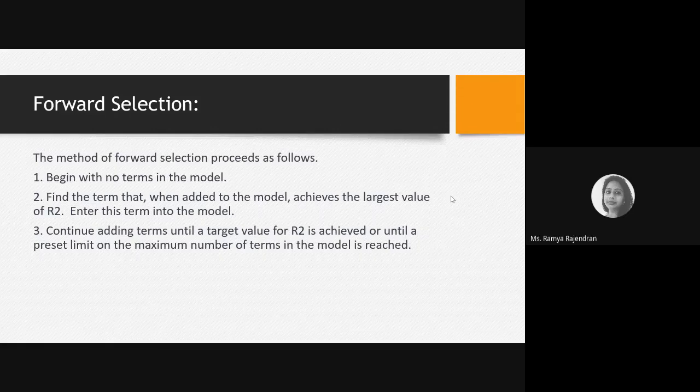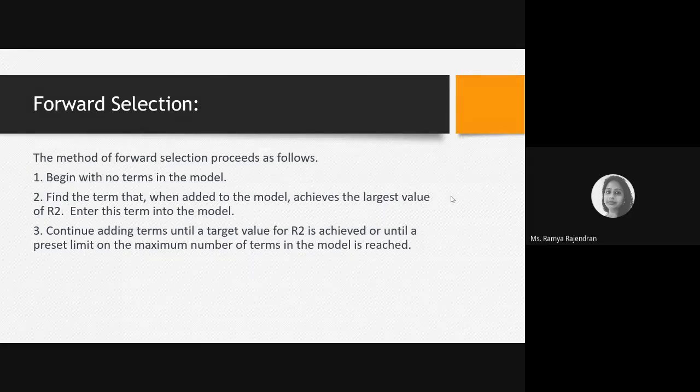Here you'll not have any variables in your model, so you keep on adding variables one by one. In this case, you add one variable into the model, and then you look at your R square value. Okay, I think it's very low, so I have to add the next variable. So you keep on adding one by one. You do this until you get the right R square value, or you happen to add all your variables,